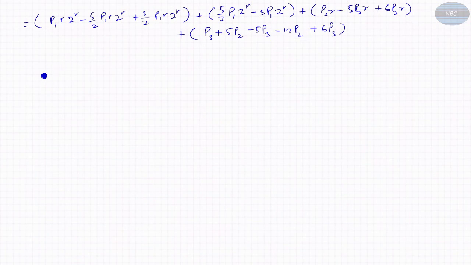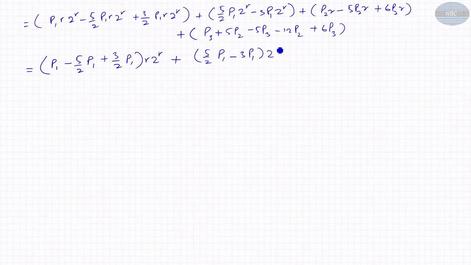Okay, so this can be simplified as, let us take this r out of this particular term. So we'll get p1 minus 5 by 2 p1 plus 3 by 2 p1. Take this r and 2 to the power r outside this particular term, so we'll get r into 2 to the power r plus, similarly take out 2 to the power r from here, so we get 5 by 2 p1 minus 3 p1 into 2 to the power r